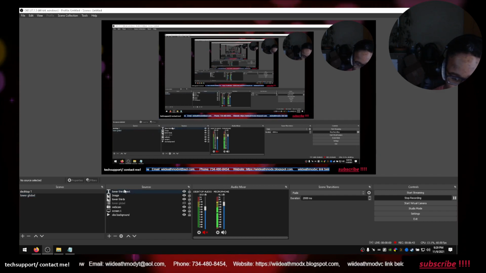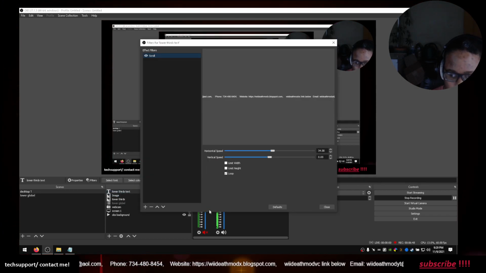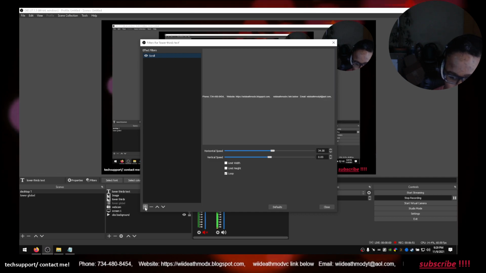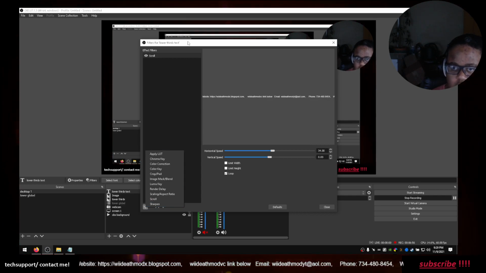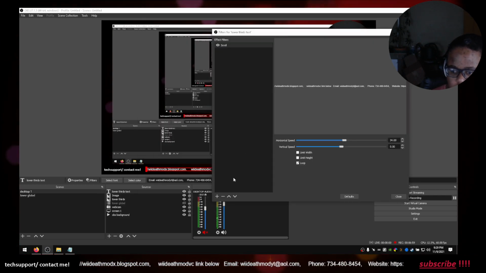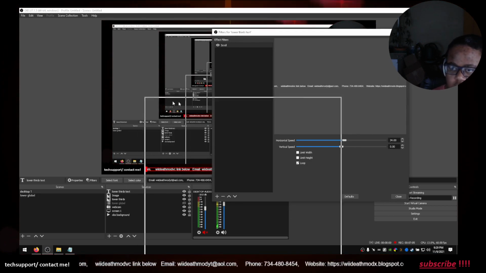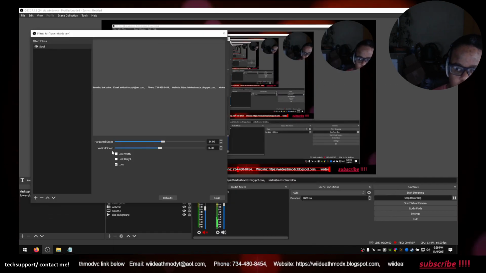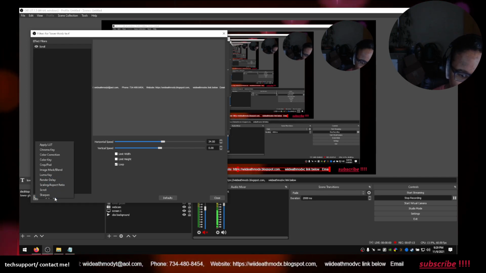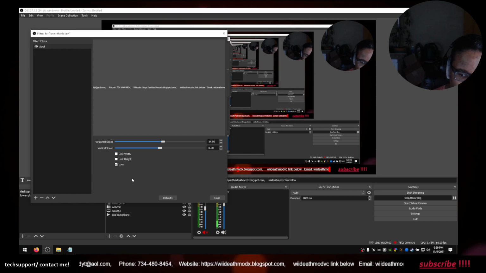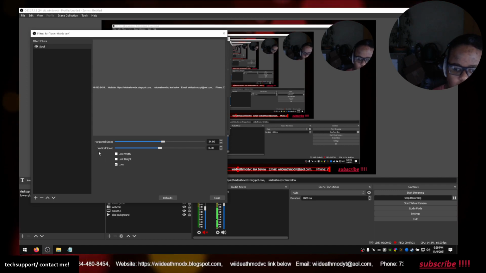you go to the letters, go to filters, and then you select the plus button. After you click the plus button, go down and scroll, and then you just select loop, and you can have it set to